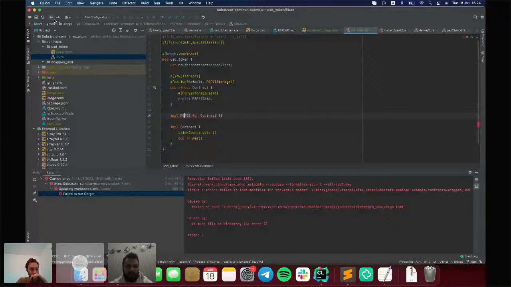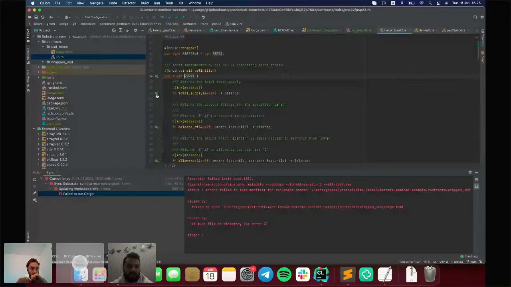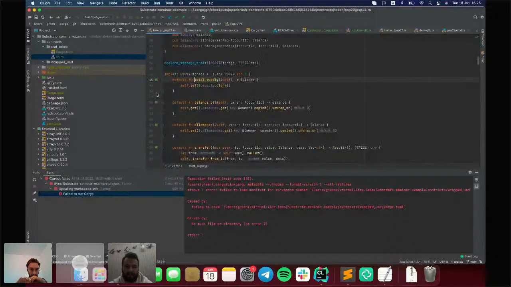Yeah. It is the place where the brush contract macro expands the implementation. So, as you mentioned, yes, it will create an ink message for each function, and we'll put the default implementation defined here. So yeah. Okay, thanks.